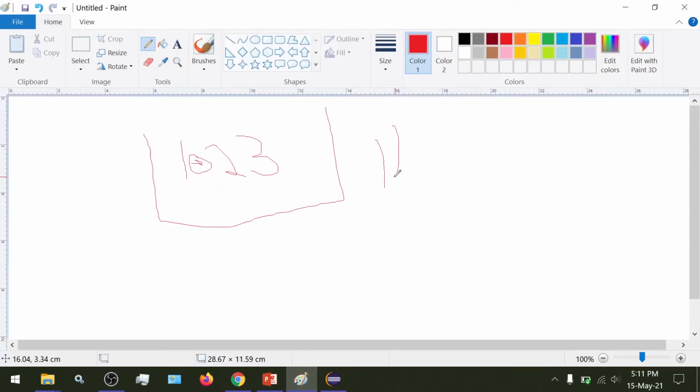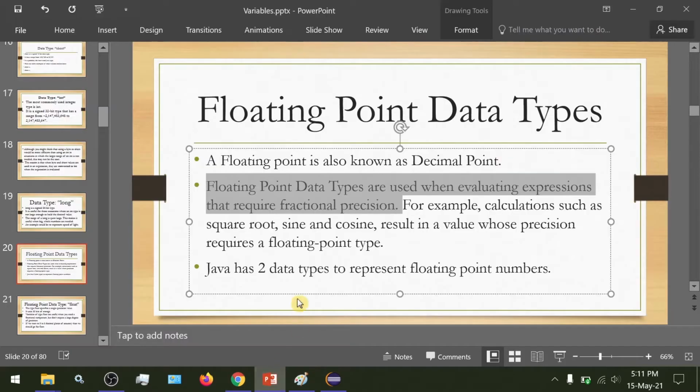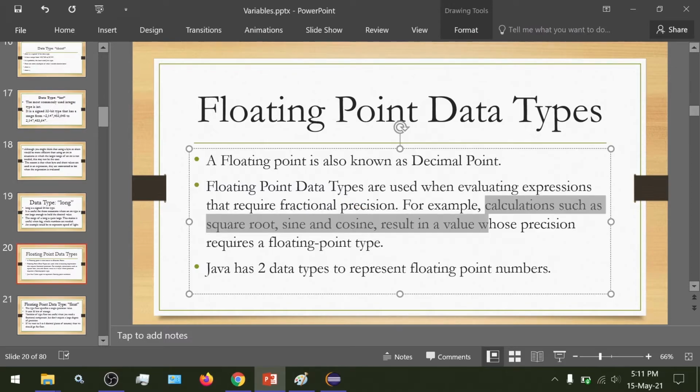If you want to represent the value of pi in a computer, we would need floating point data types, because we have to represent the number 3.14, say. Calculations such as square root, sine or cosine, which result in numbers with decimal points, also require floating point data types.